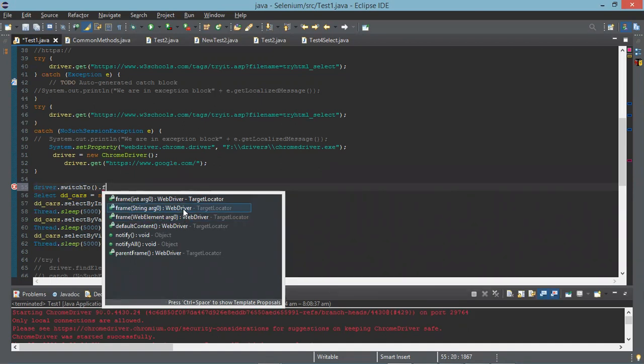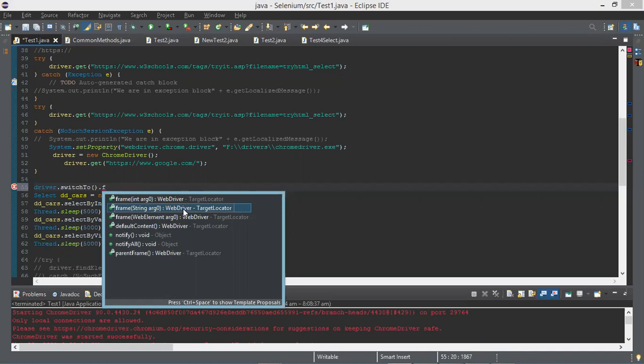What is that called? It's a Java concept. The method name is the same, but the argument changes, the signature changes. Overloading is the concept implemented here. In interviews, you will be questioned like this. If you have really worked on something, then it is easy for you to answer that. I can switch to frame in multiple ways, so the method implemented is the same.